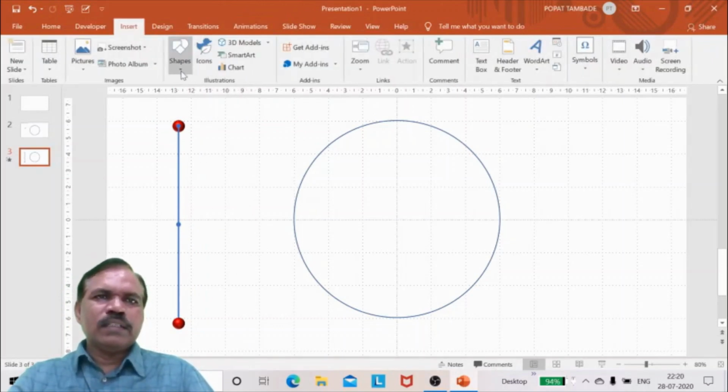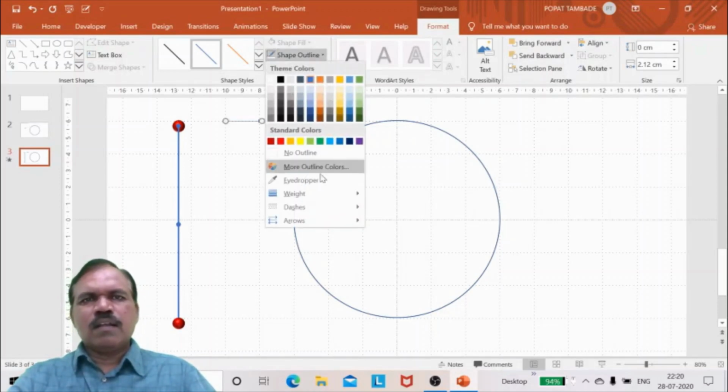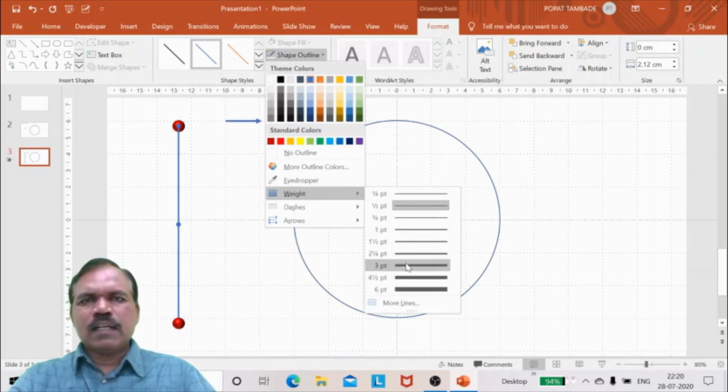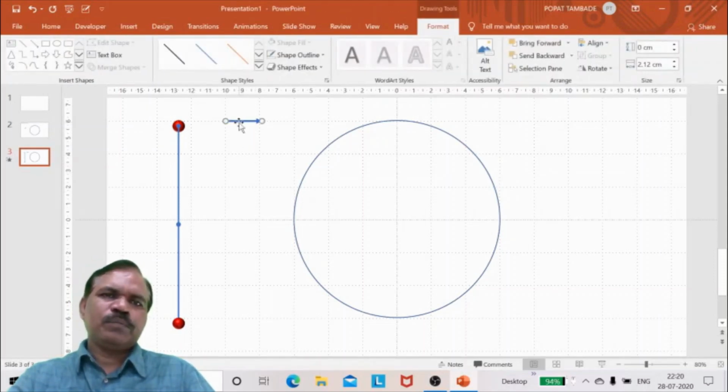So go here, insert and take arrow. So I will take an arrow of certain length. So these are to show directions of velocities and other forces. So this is the first arrow.